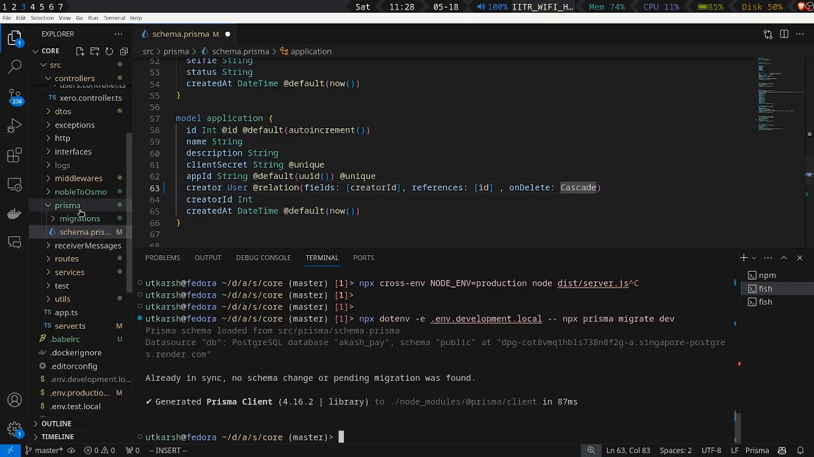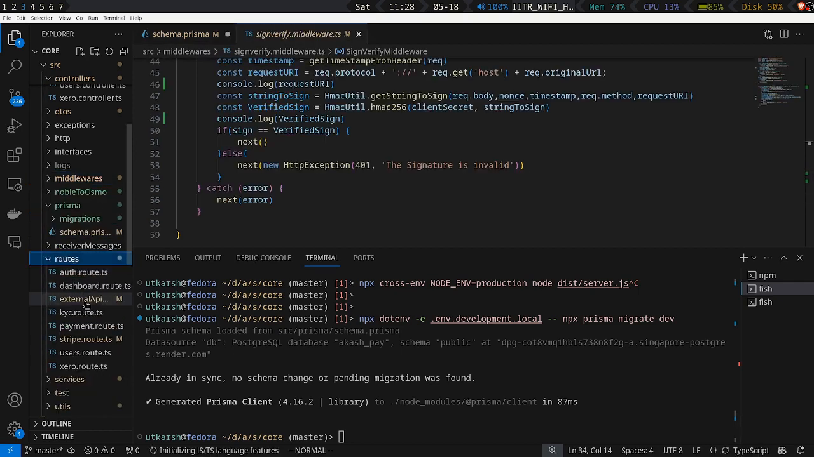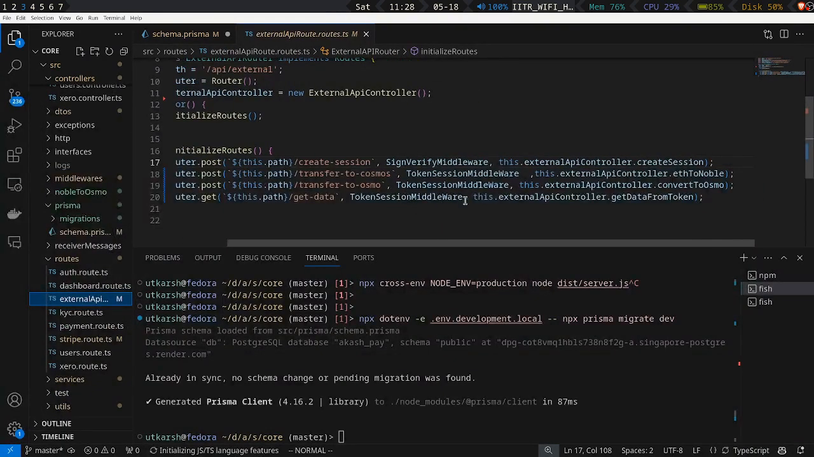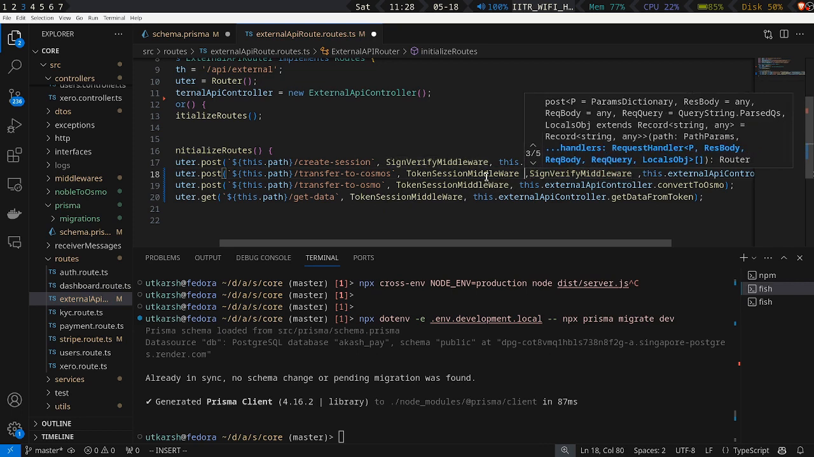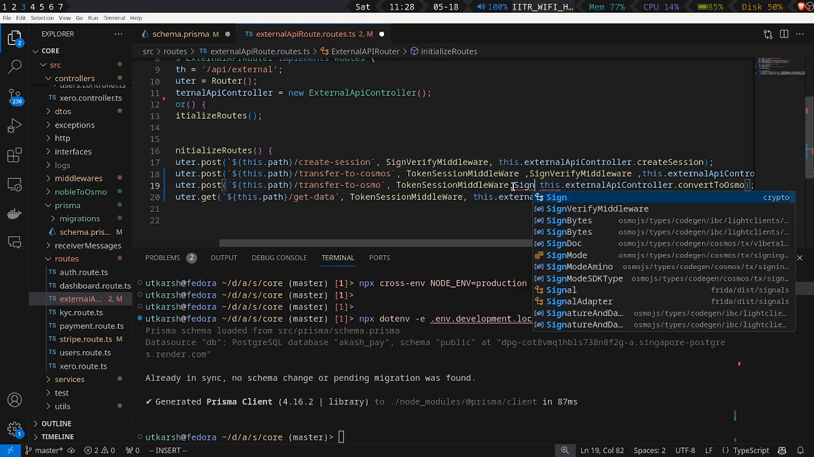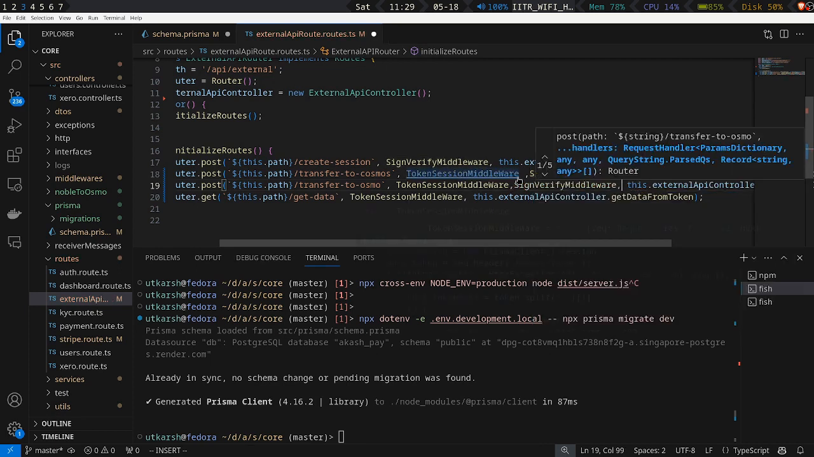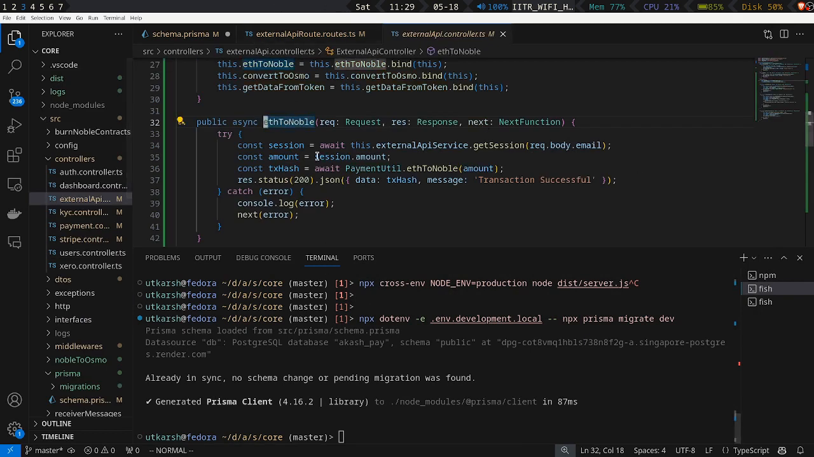Now let me see if I've turned on my sign verification for this route particularly. Yeah, so I'll have to turn on sign verification here. Comprehensive documentation of our API is available on our docs again. So I'll put in the sign verification, and what I have done is I will call the ETH to Noble